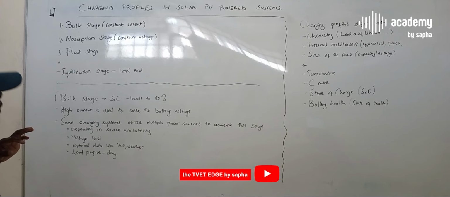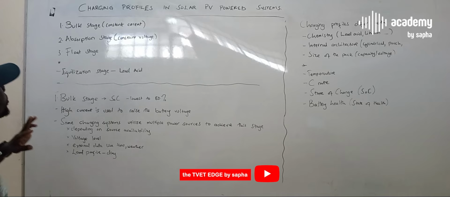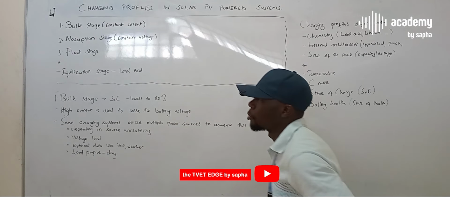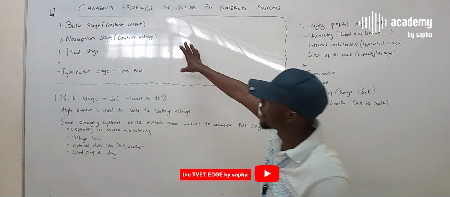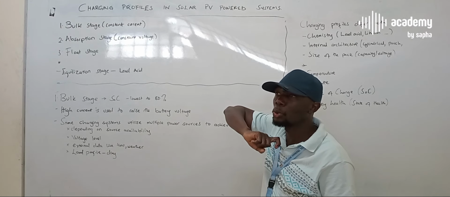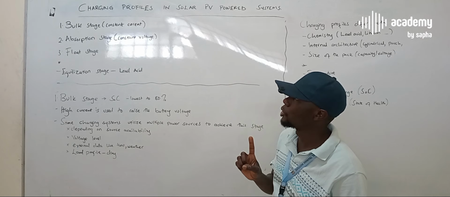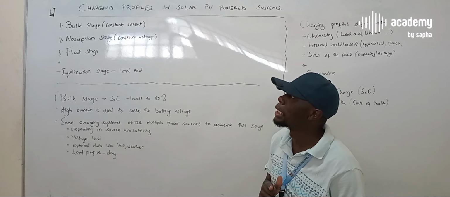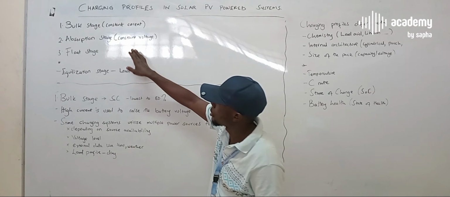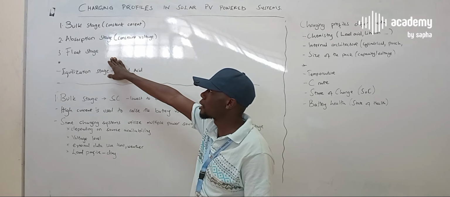In most solar PV powered systems, batteries utilize three stages of a charging profile. Most of these systems utilize these three stages for a complete charge cycle to happen. The first stage is normally called the bulk stage or the constant current stage. The second stage is the absorption stage or the constant voltage stage, and then the third stage is